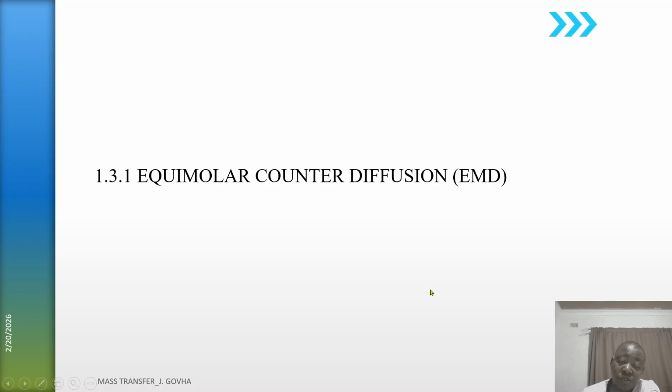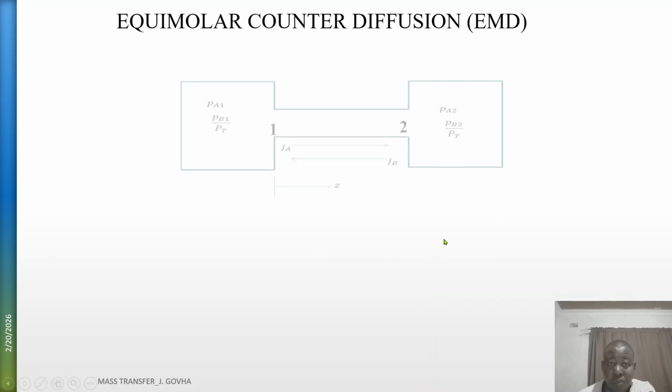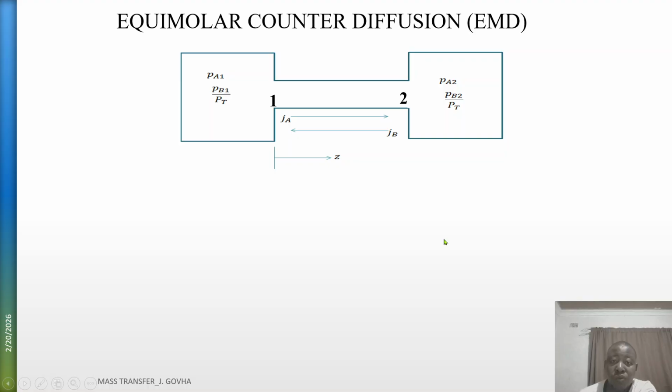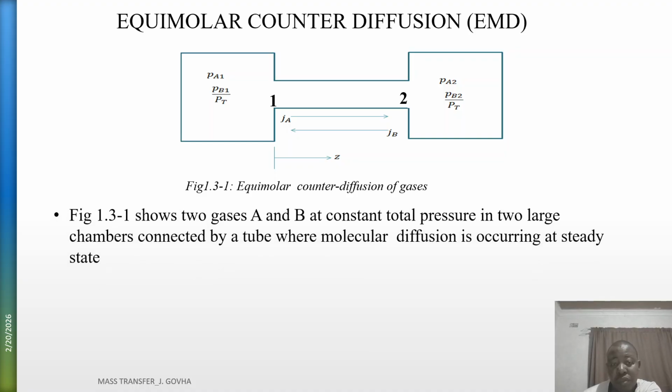Let's look at a special case of equimolar counter diffusion. Let's look at two bulbs which are joined as indicated in equimolar counter diffusion Fig 1.31. This shows two gases A and B at constant total pressure in two large chambers connected by a tube